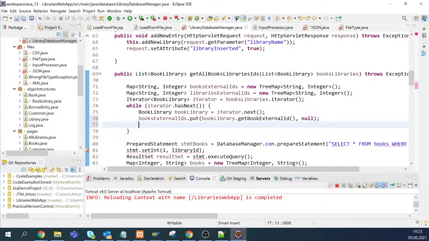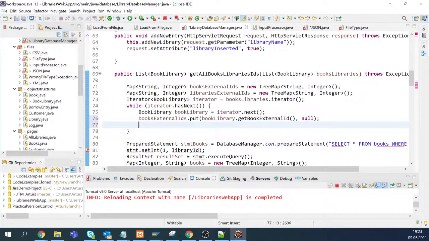Yeah, I agree that maybe the structure for this one is a little bit complicated, but yeah, so then let's do the same for the libraries, for the library external ID. And now I guess we are ready to